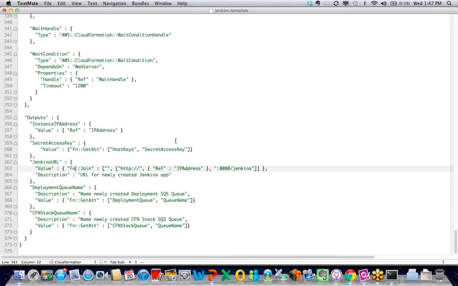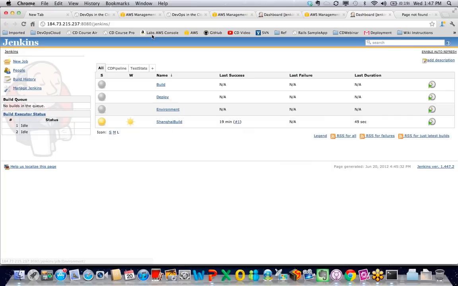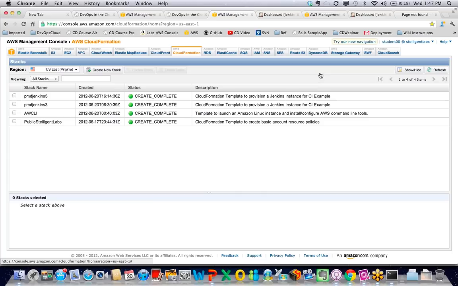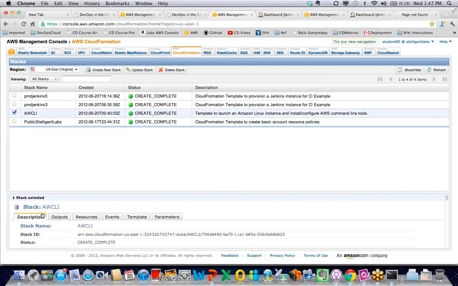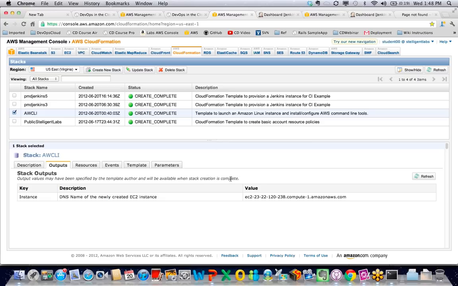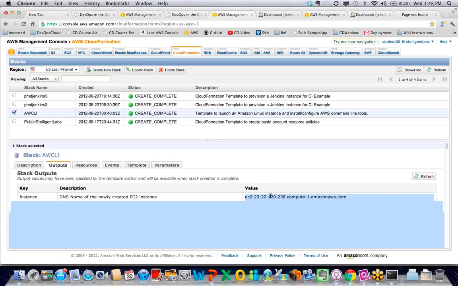And then lastly, there's the outputs. The outputs are pretty nice because, for instance, after it gets created, I go back to CloudFormation and I can select outputs.